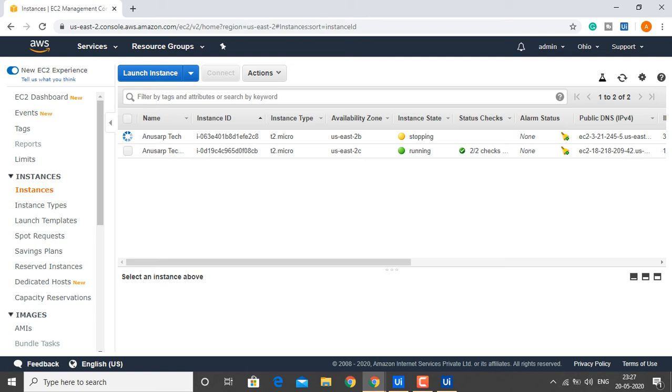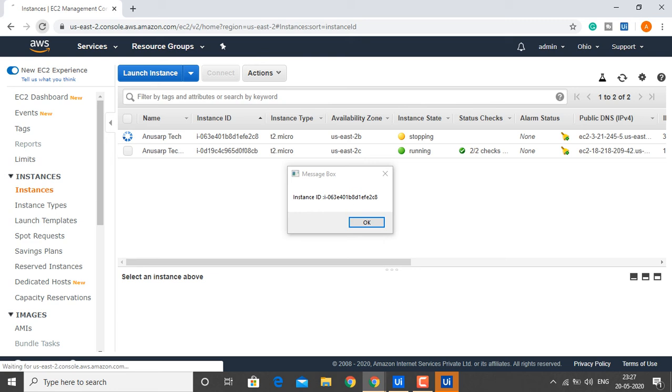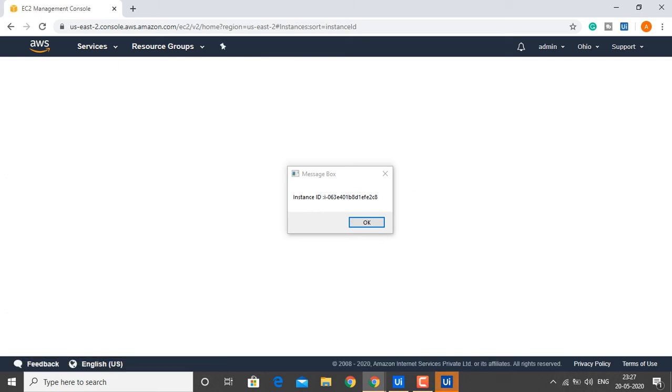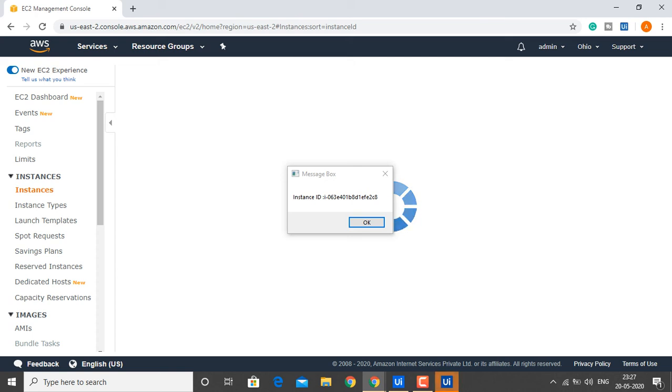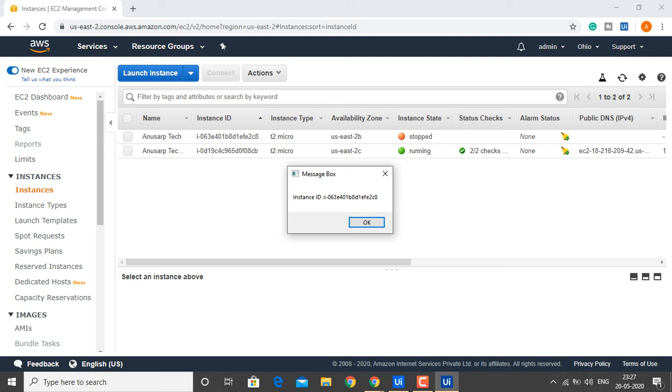Yes guys, if you observe, earlier it was in the running state, right now it is in the stopping state. We got a pop-up, and if you observe, this is in the stop state. After completing the stopping stage, we got a message box with the instance ID. For this instance ID, it was stopped. By clicking this one, it will go to the next instance, and that will also be stopped.